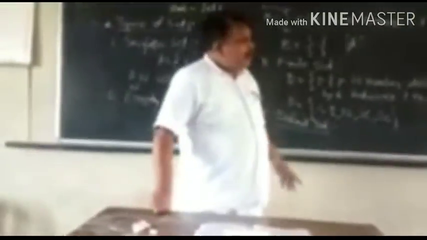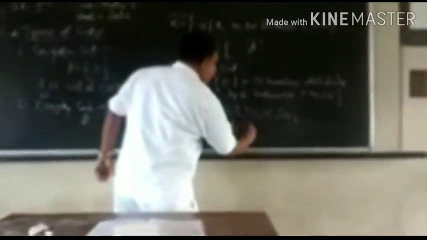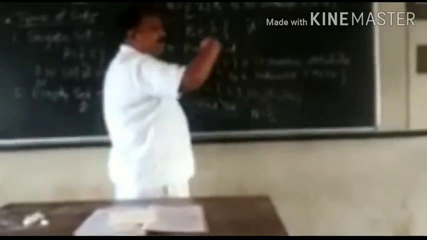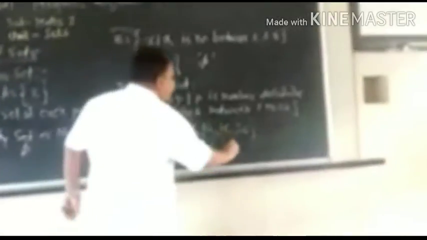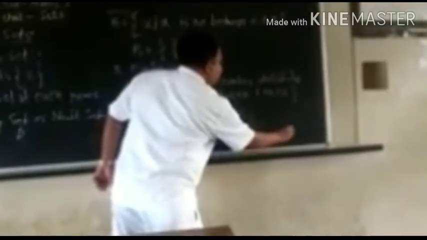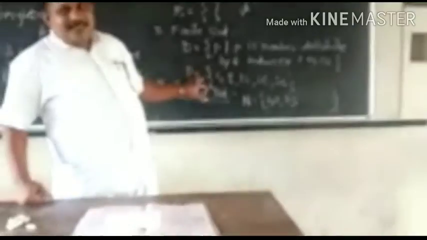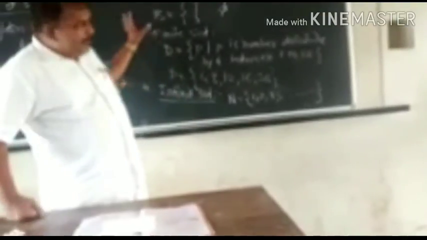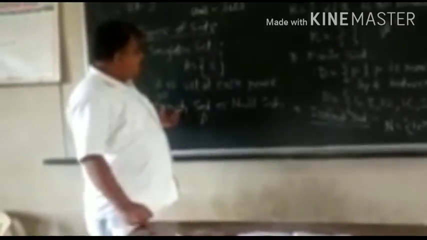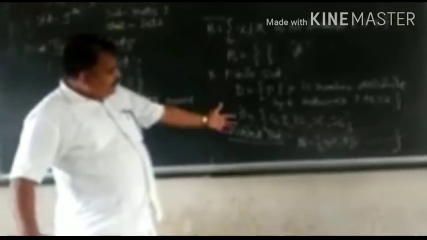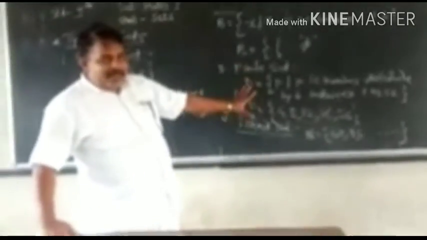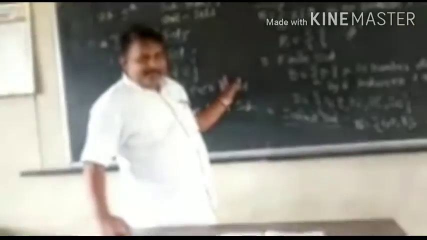For example, we write the set N and this set N consists of numbers 1, 2, 3, 4, and so on. That means there is no end for these numbers. Such a set which consists of unlimited or endless elements is called the infinite set. So these are the main four types of sets: the singleton set, second the empty set, third the finite set, and last the infinite set.